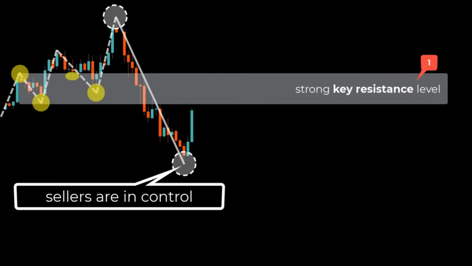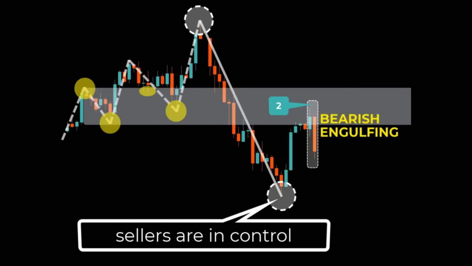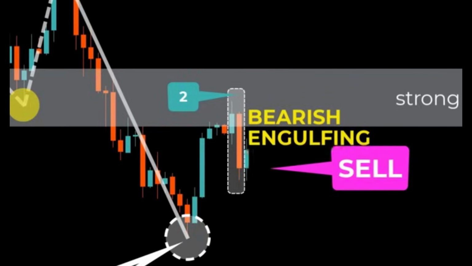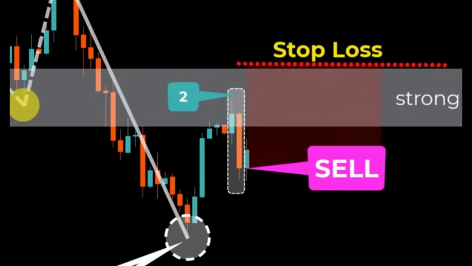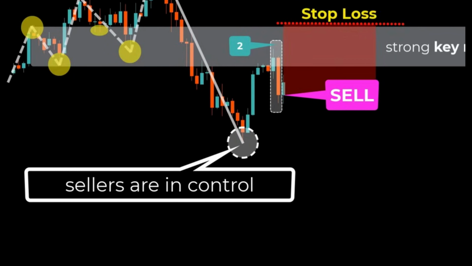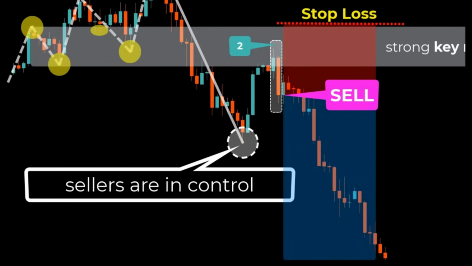Here's a perfect example. The price pulls back, touches the key resistance area, and then a bearish engulfing pattern forms. That's a strong signal that the market is about to resume its downtrend. So what's the next move? Open a sell position on the next candle's opening price. Set your stop loss just above the nearest swing high, and then, boom, the price crashes down hard, handing us